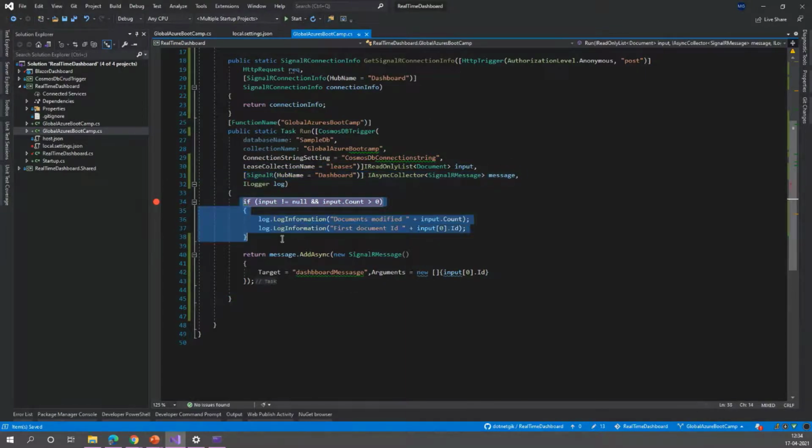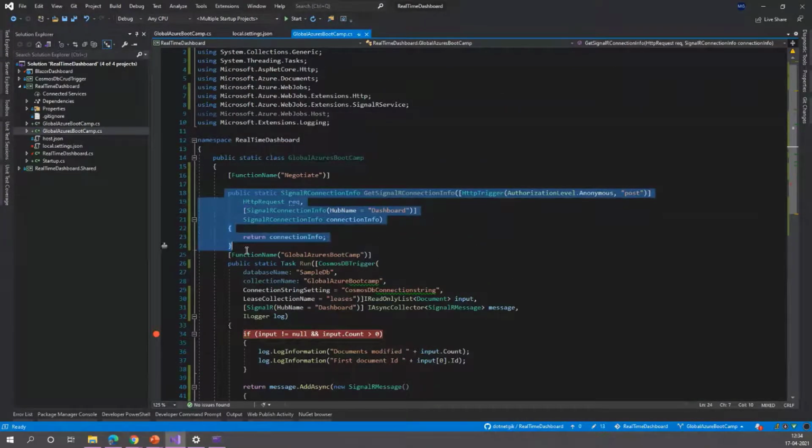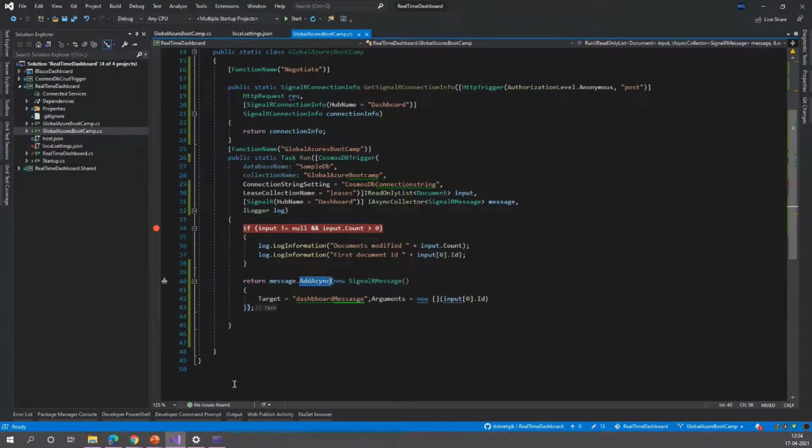In this, we have the data. What we are doing is we are just adding the data into this SignalR message, and then we are saying to the SignalR service to invoke the method which is present on our client side. So far we have used the input binding, we have used the output binding, and now let's try to